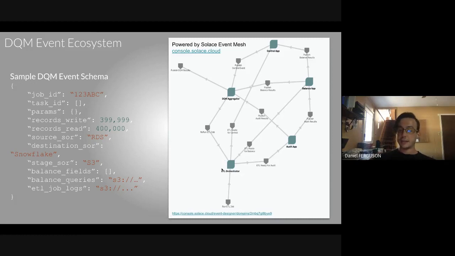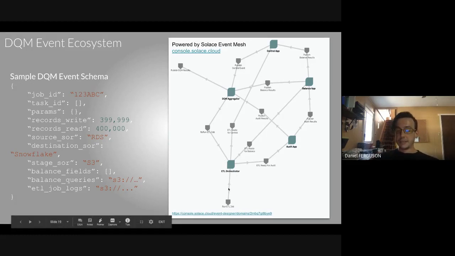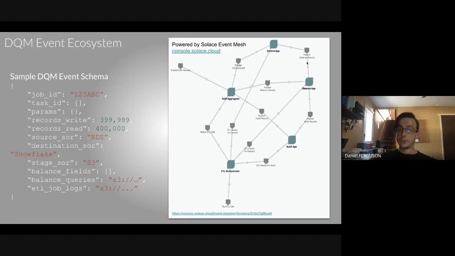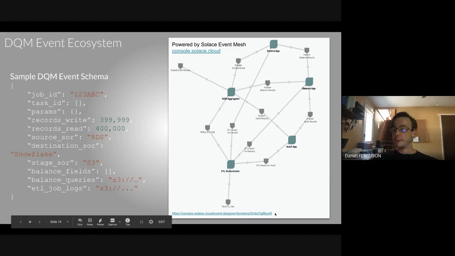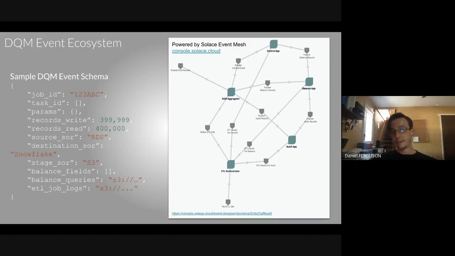You can see here that in this example diagram, your upstream ETL job can trigger an ETL orchestrator that will fire off events, either sequentially, where you go around in this circle, or serially, where you go in a hub and spoke model down to your DQM aggregator, which will wait for the outputs of each job before publishing the results. I'll go into sequential or serial execution soon. But this is a really cool tool. I wanted to add it here. It's not really reserved for DQM, but the Solace event mesh tool is actually really powerful and a really great way to visualize event meshes like this.